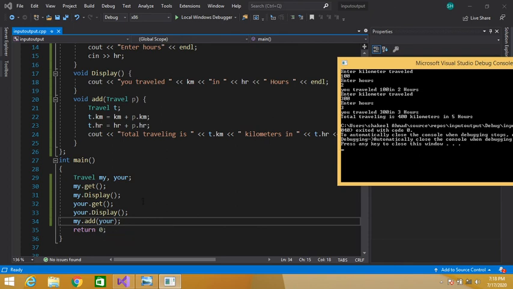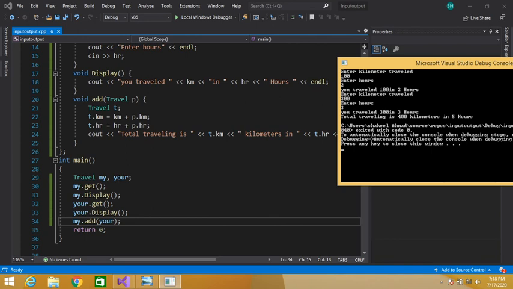And this t.km and t.hr are data members of our temporary object t. We are storing the total kilometer and total hours in this temporary object, and here we have displayed the values.